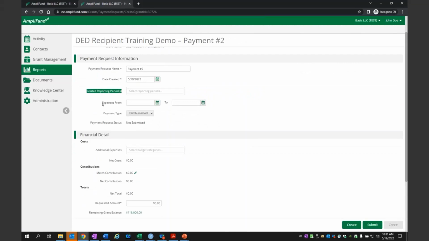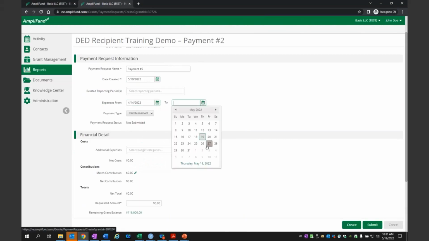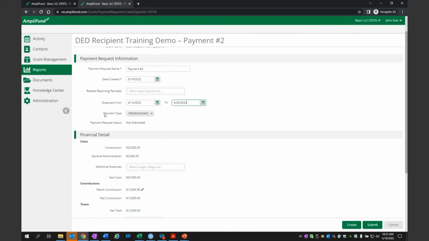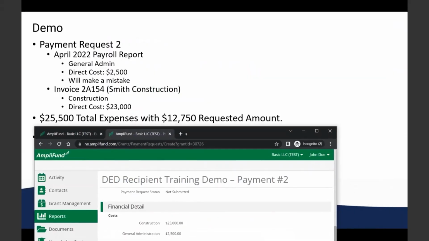I'm not using reporting periods anymore. I still have expenses on April 14th and April 29th. So I'm going to include those dates here. Still a reimbursement. Notice as soon as I included those dates, these fields populated. Now I'm seeing what I wanted, $25,500, $13,000 of which is match. So I'm requesting $12,500. That matches my example,